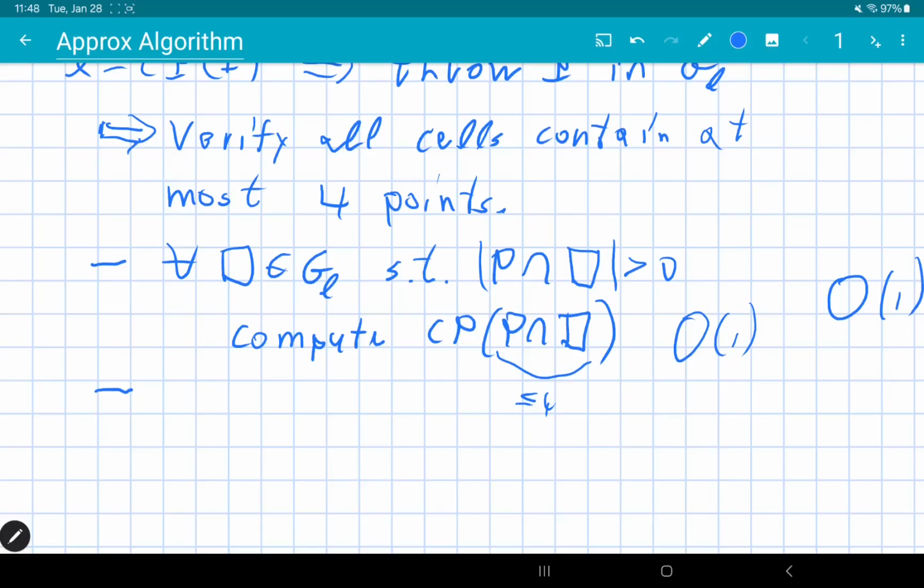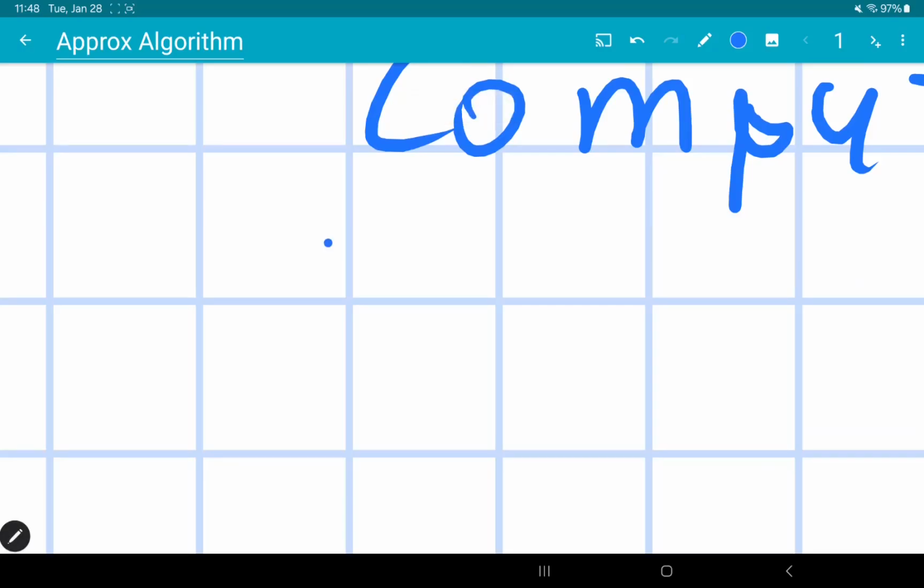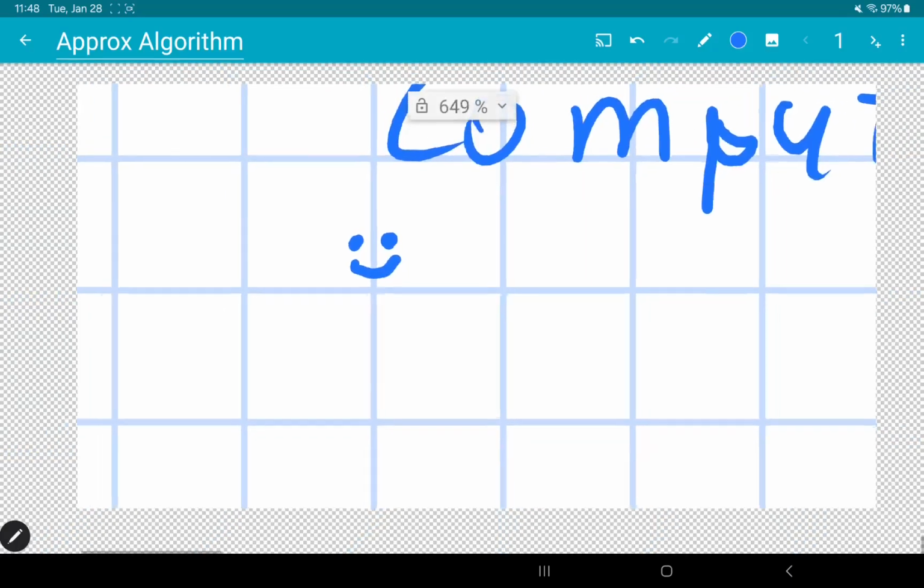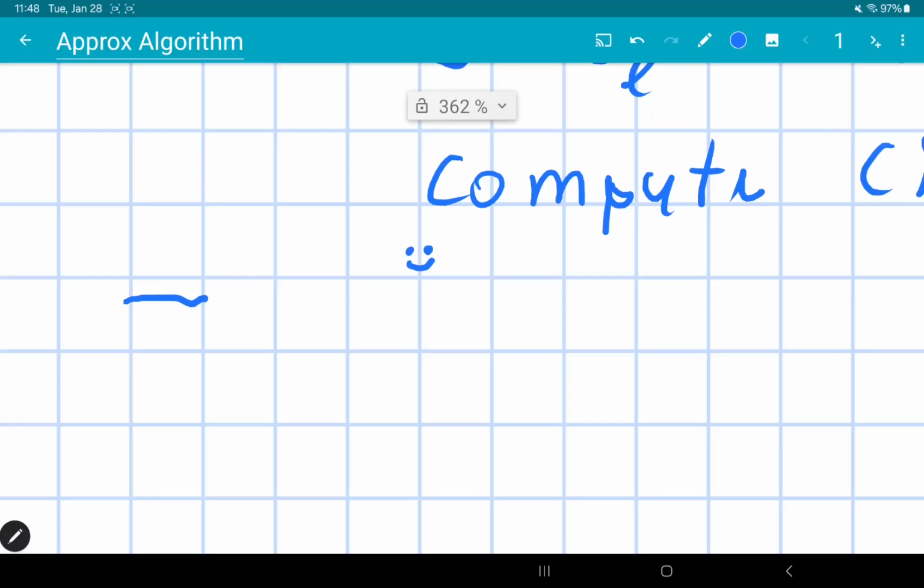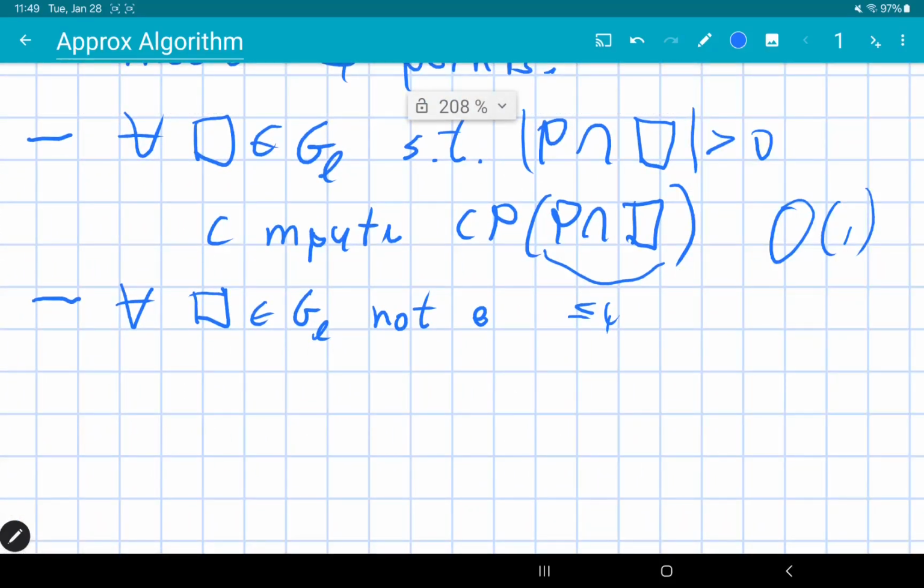But this is not quite enough. Why is it not enough? Because, of course, what can happen is that there are 2 points that are in different grid cells, but they are very close together, like in this case, right? And that, of course, is bad. We want to discover this. So what we're going to do, for every such grid cell that is not empty,